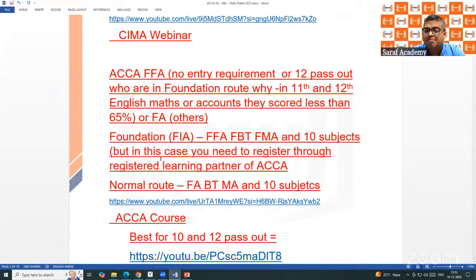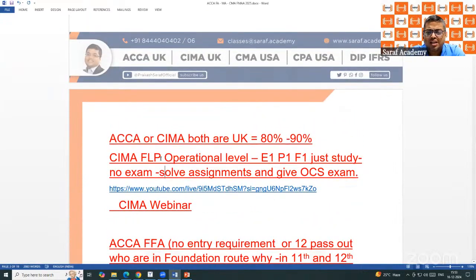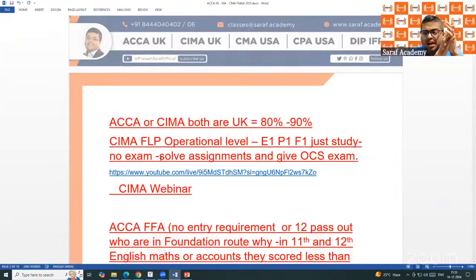Now there is exam booking. Before exam booking, the eligibility and the cost for doing CIMA, ACCA, CMA, in very short. ACCA has a total of 13 exams in 3 levels: knowledge level, skill level, professional level. In the knowledge level, these subjects FA, MA and BT come. These FA, MA, BT exams are to be given by undergraduates, that is 11th and 12th standard, or maybe those who are doing the ACCA course at 8th, 9th or 10th standard. Because ACCA का एंट्री लेवल के लिए कोई एज नहीं है. You can start ACCA at whatever age you are ready.